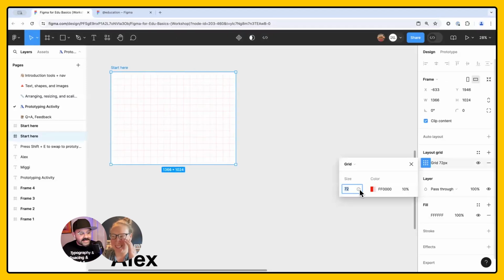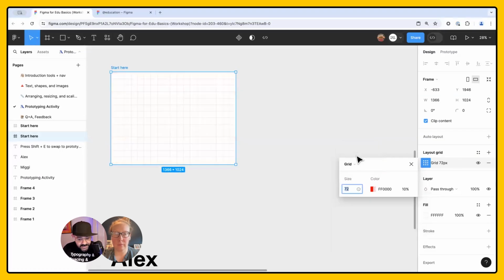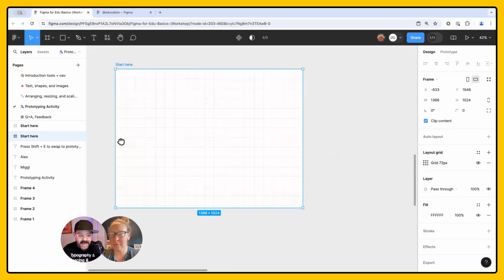Someone asked if they can be percentage based. There's a lot of flexibility here. You could set columns, you could set rows, you could set them to stretch, and you can kind of adjust those values. So if you have like 5 and it's set to stretch, that puts it into that base. But for now, we're going to keep it simple for this example. So we're going to keep this basic grid and we're going to use 72. Cool. So now we have our grid.